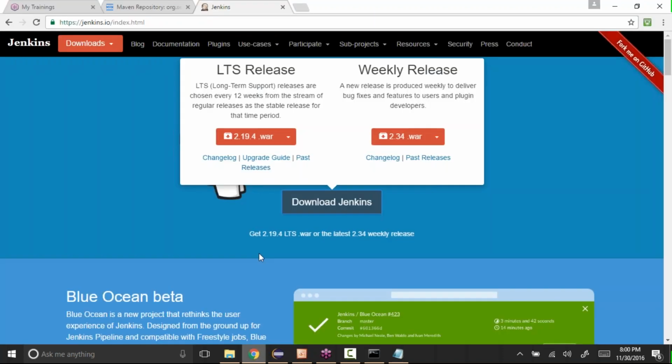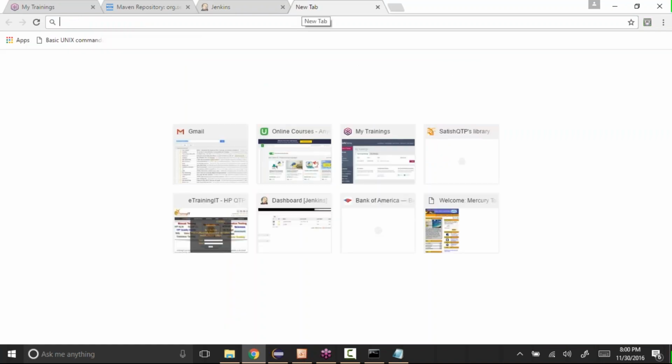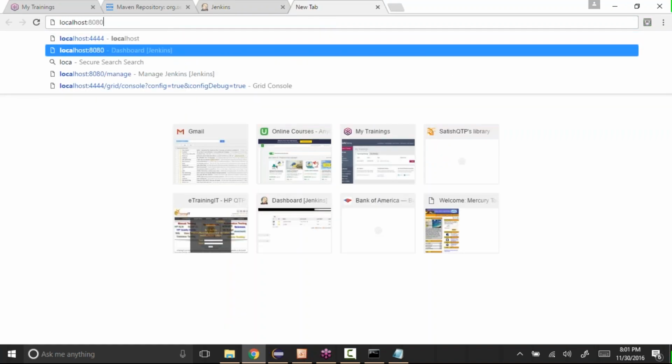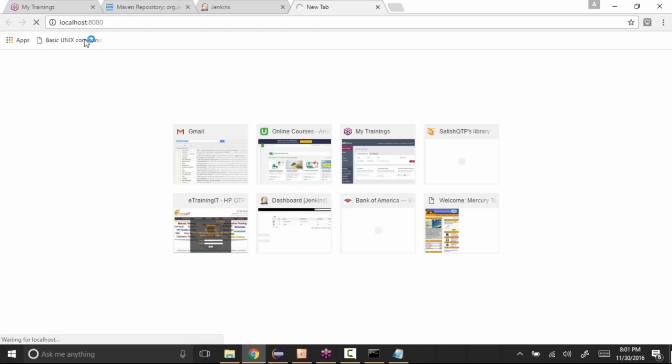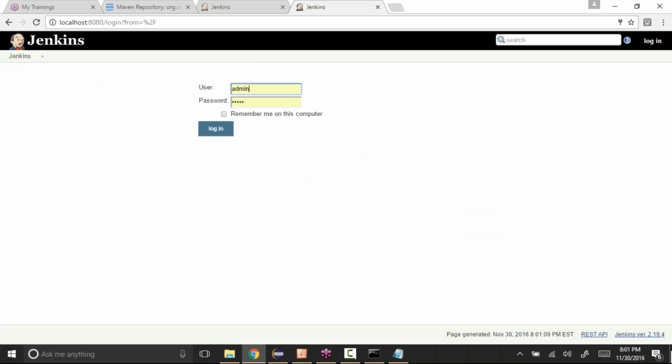To check whether it is started or not, we need to go to localhost 8080. From the browser we need to type localhost 8080. The first time, it will ask you for some information.